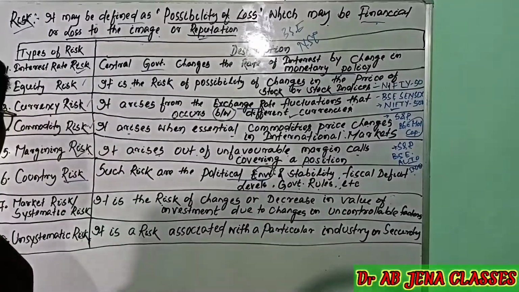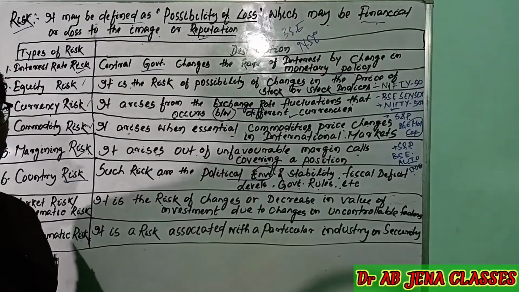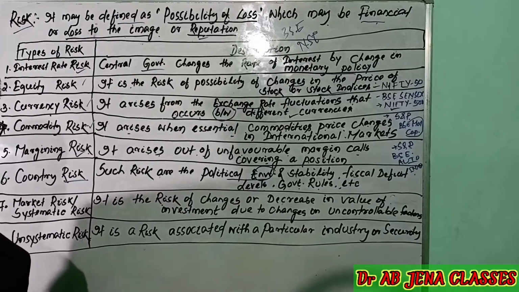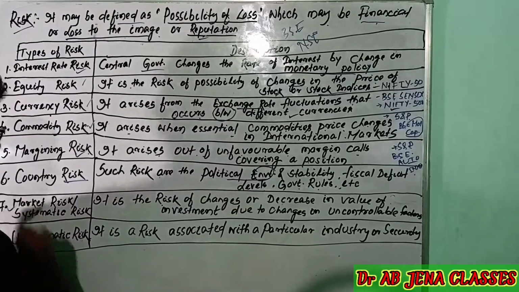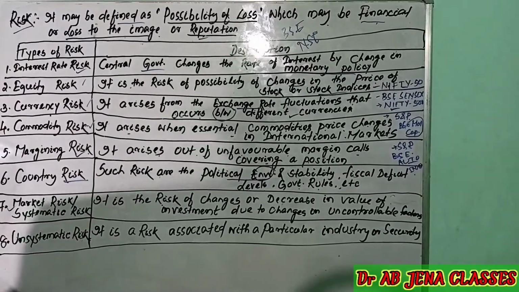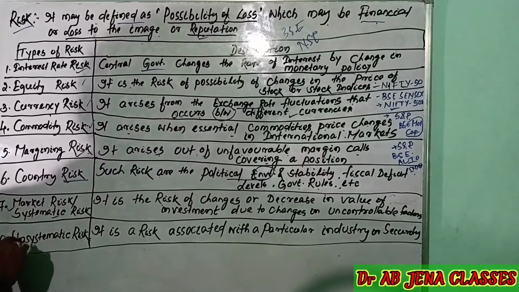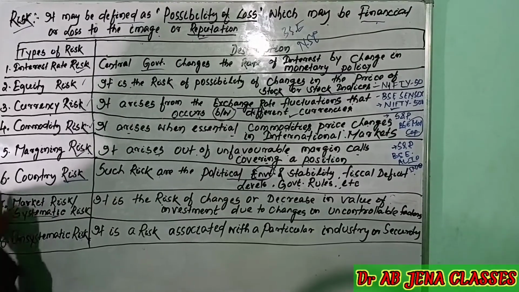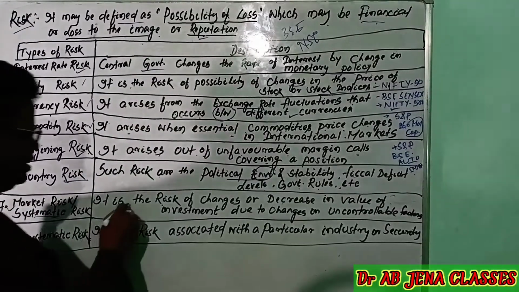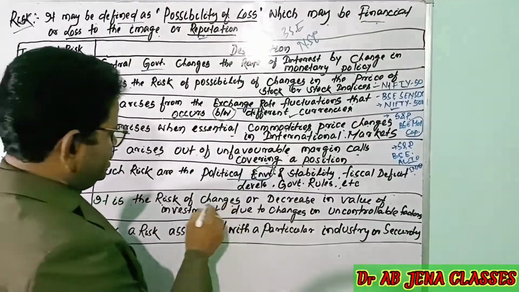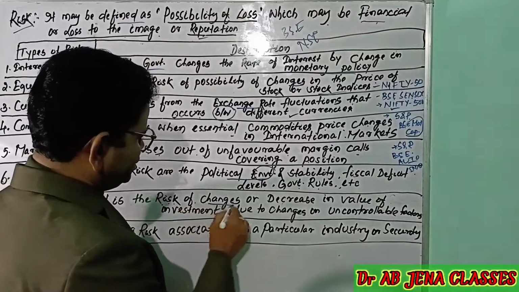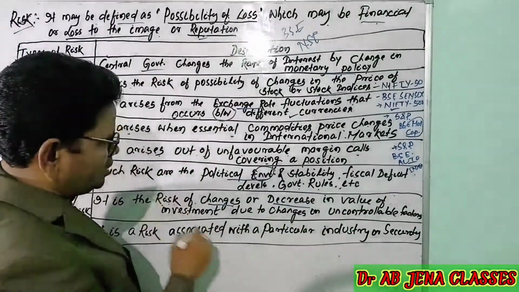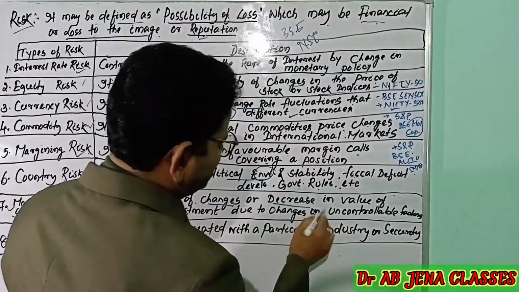In detail we will discuss what the causes are and what steps you will take against such risks. Next one is the market risk. Market risk is also known as systematic risk. It is the risk of changes or the decrease in value of investment due to the changes in